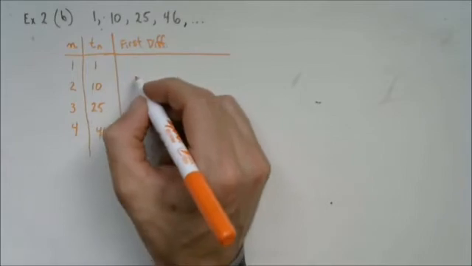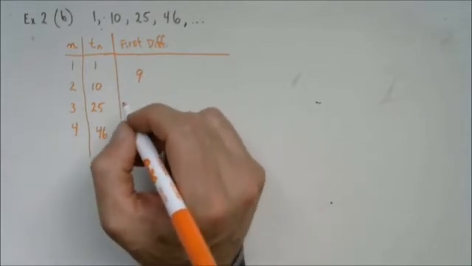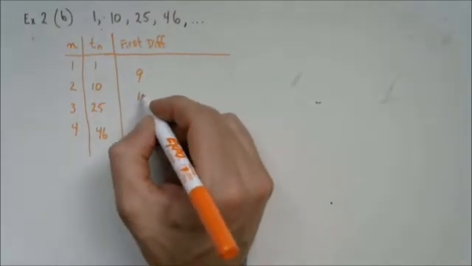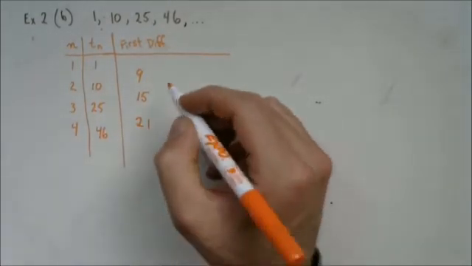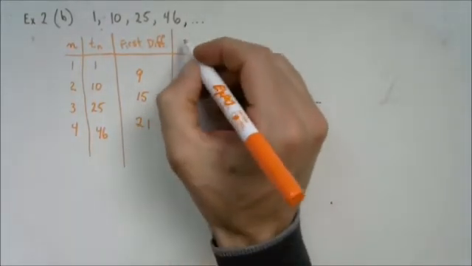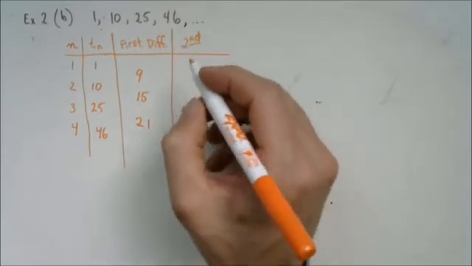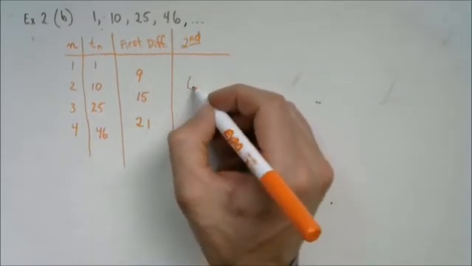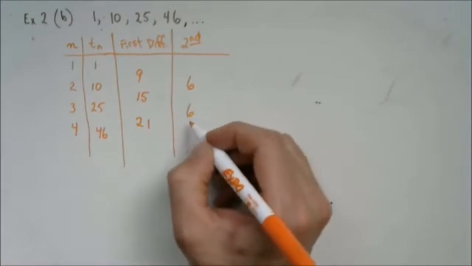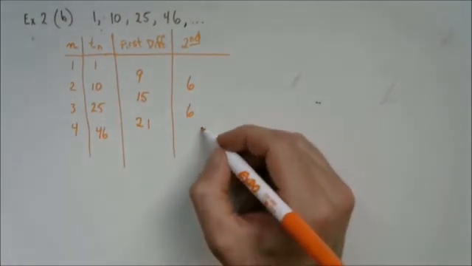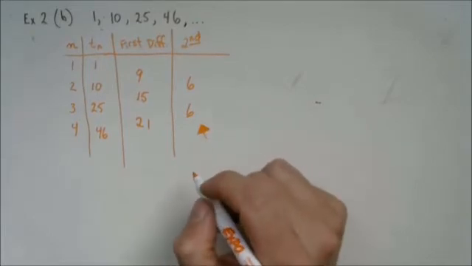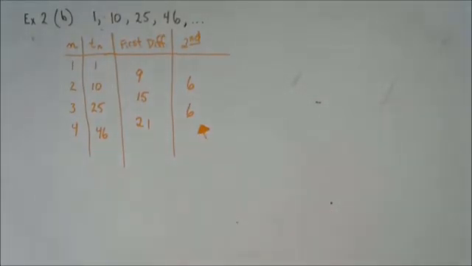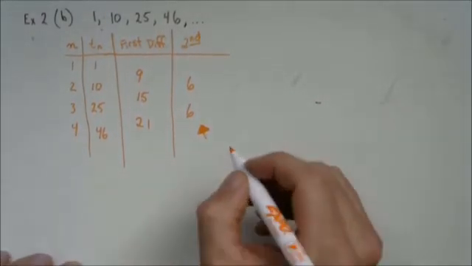10 minus 1 is 9. 25 minus 10 is 15. 46 minus 25 is 21. That didn't help us. So let's keep going. Second differences. 15 take away 9 is 6. 21 take away 15 is 6. We end up with a constant in our second difference. Think back to what that tells us. Because the second differences are constant,